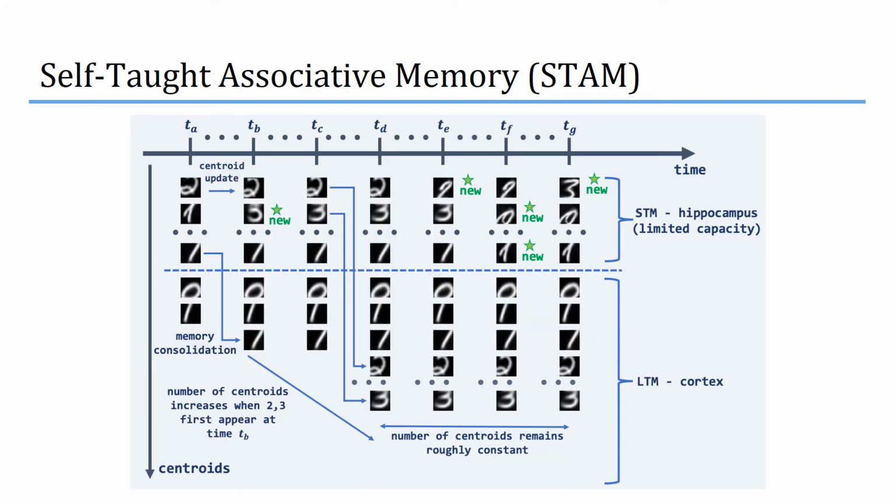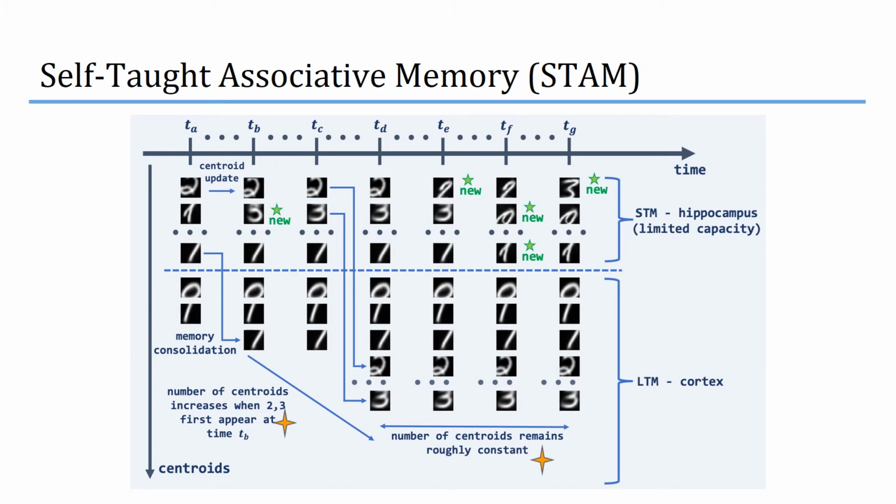Here, we demonstrate our method over time. Centroids are updated in an online manner. Notice that over time this patch containing part of it too is updated. Short-term memory is limited in capacity and handles new novelty detections, visualized with new insertions by green stars. Centroids are moved from short-term memory to long-term memory if they are selected and updated frequently, as visualized by the blue arrows moving centroids from the short-term memory to long-term memory.